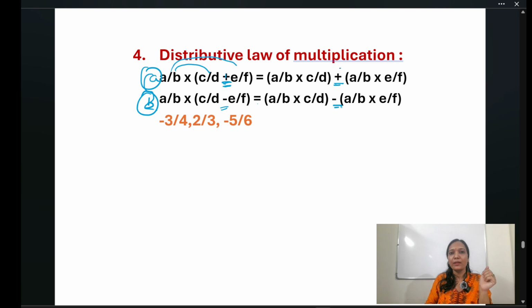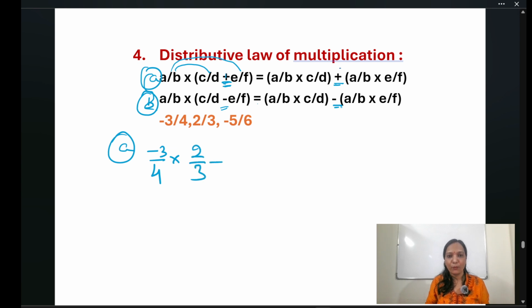Then a by b into e by f. Similarly for subtraction also. So let's solve the first part under addition. So what are the examples? Minus 3 by 4, 2 by 3 and minus 5 by 6. So first, what is a by b? Minus 3 by 4 into c by d is 2 by 3 plus minus 5 by 6 is equal to